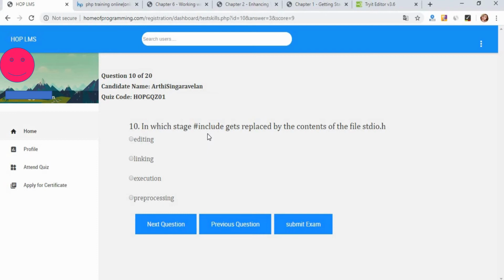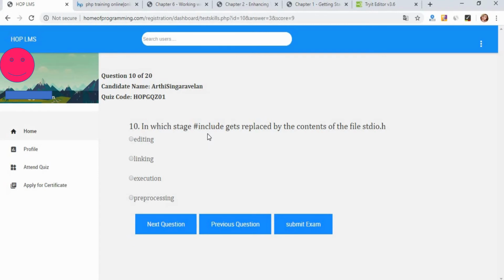I hope you are clear with these 4 processes of a C program. The first process is pre-processing, in which the compiler interprets all the lines that start with the directive # and replaces them with the content of stdio.h. In the next stage, the source code is translated into assembly language code.